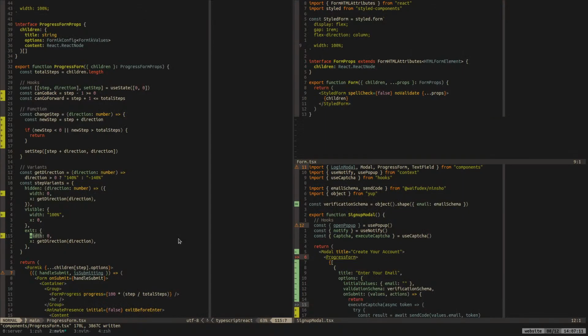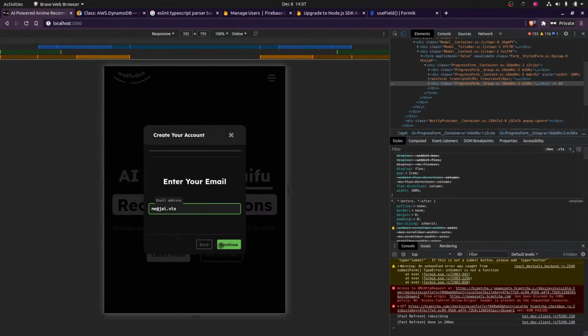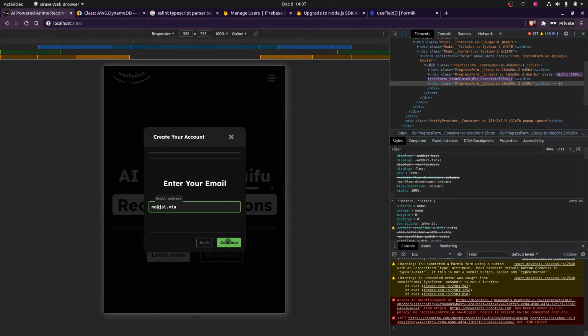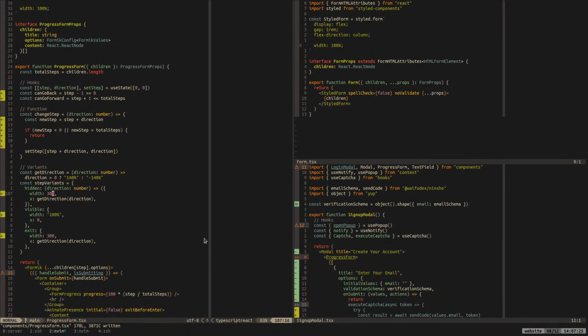Okay. Okay then. What if instead we do 300 pixels? Actually no, that does not work.